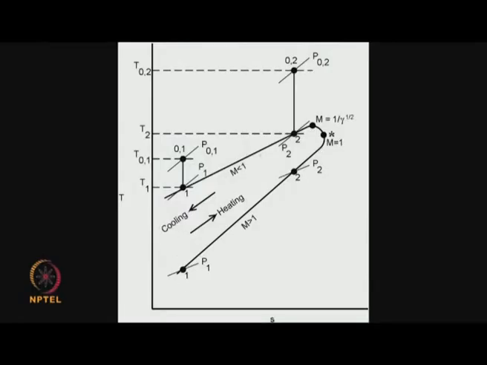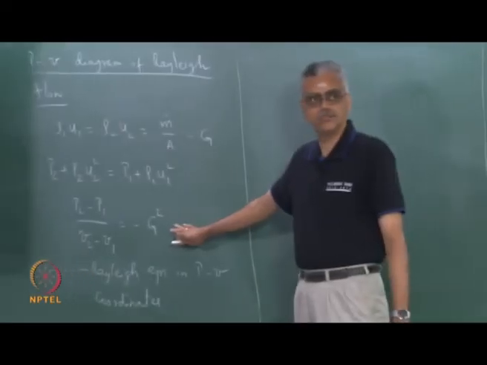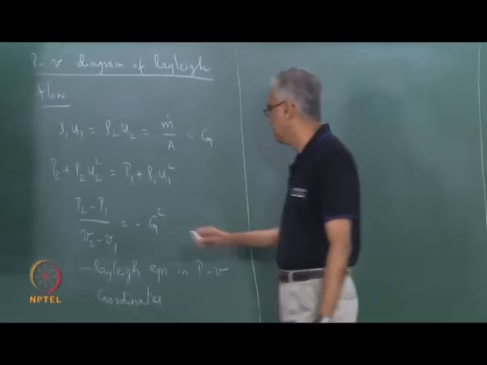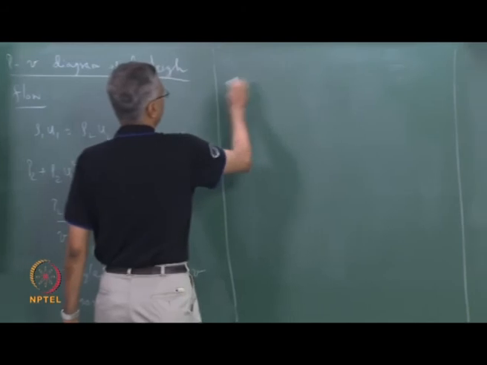This is the Rayleigh line in TS coordinates. So, the same Rayleigh line in the PV diagram is a straight line. Remember, this Rayleigh line that we have sketched here is for a fixed value of mass flow rate. So, if I transfer this information to a PV diagram,